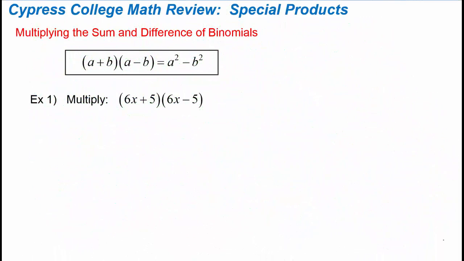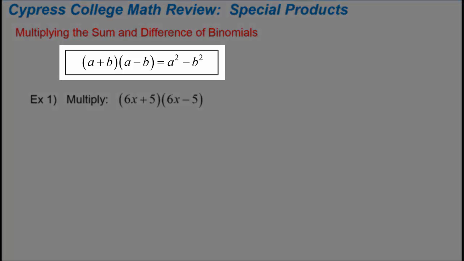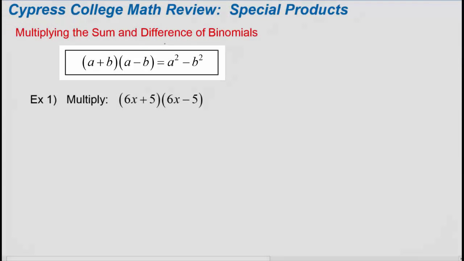First, we'll take a look at multiplying the sum and difference of binomials. And you can see the rule here from your algebra class. When you have a plus b times a minus b, the result is a squared minus b squared. So if we apply that to example 1, we see we're going to get